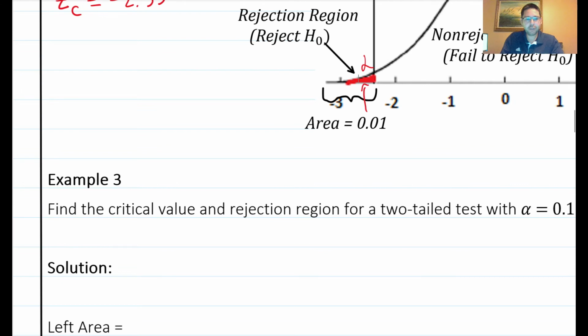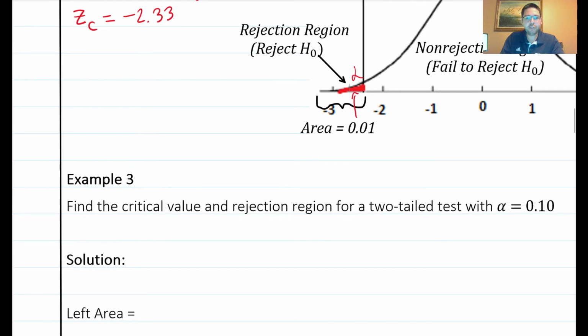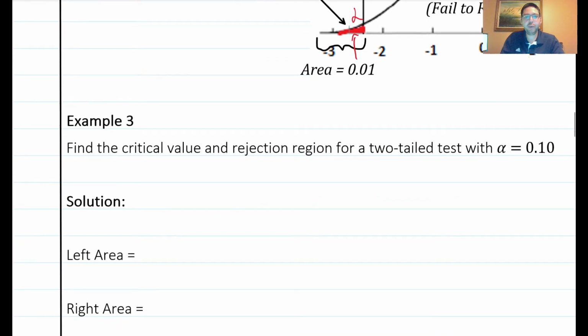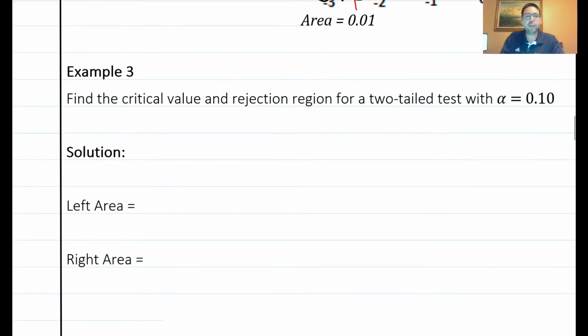Find the critical value and rejection region for a two-tailed test with alpha 0.10. Since it's a two-tailed test, we have to find two critical values, one for the left, one for the right. The critical values are always going to be one positive, one negative, but I'm still going to show you how to find both of them, okay? So we have a left area and a right area. So for the left area,